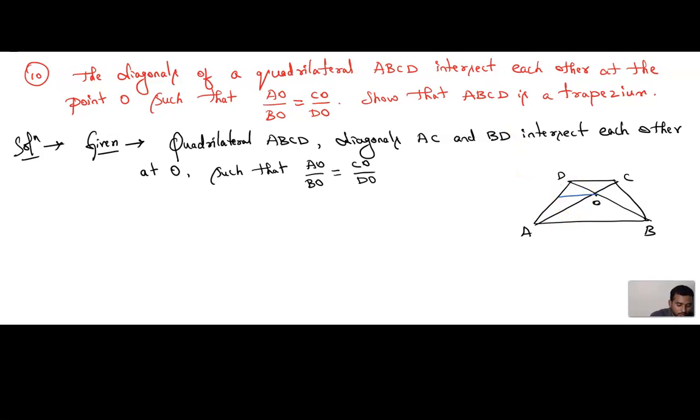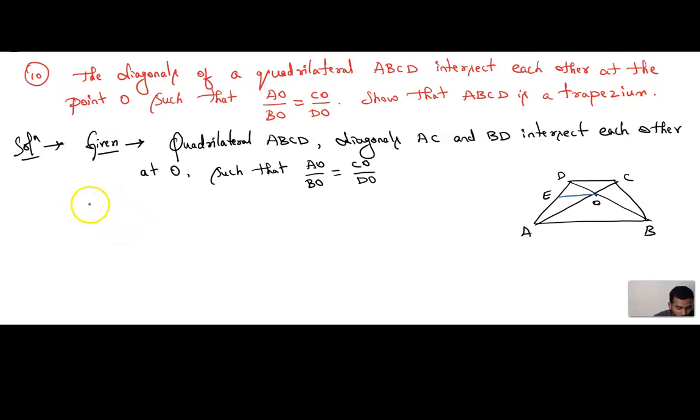Draw OF. We took F there. Now let us try something different. Shall we try some other alphabet? E. It is not necessary to take any particular one, child. It's your wish. You can take any alphabet. Okay, take your lucky alphabet, no problem. But apart from A, B, C, D and O, any other alphabet.